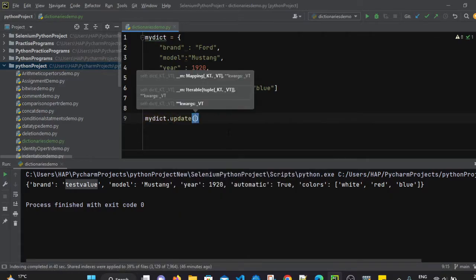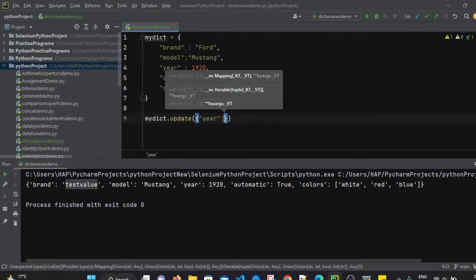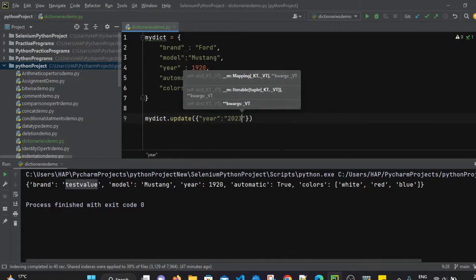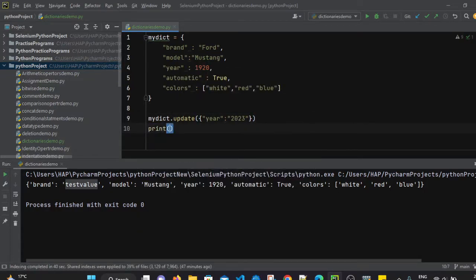In the update method we can simply put curly brackets which contain the key and value. The key is year, then the colon, and we have to put the value. So we want to assign 2023, and then let's print mydict one more time, after updating the value.